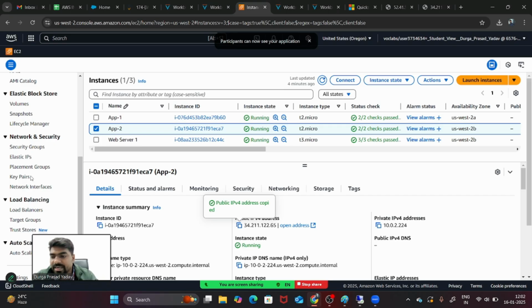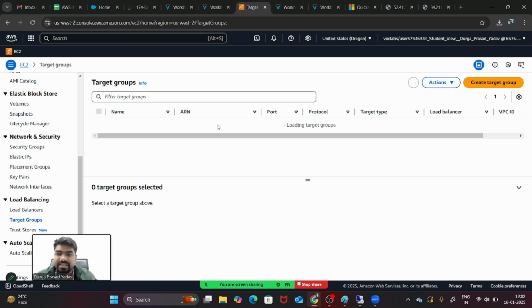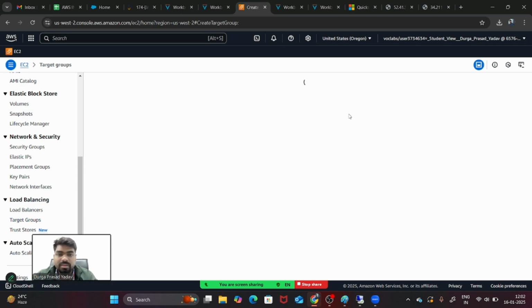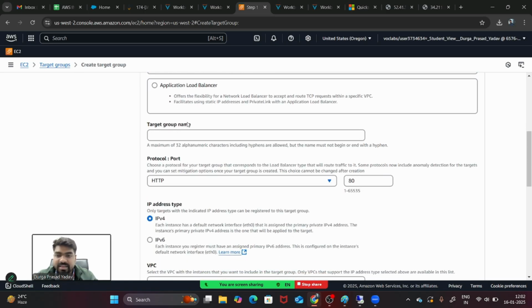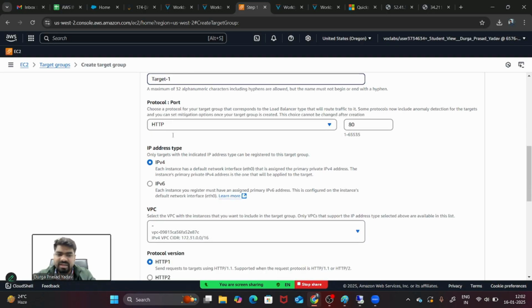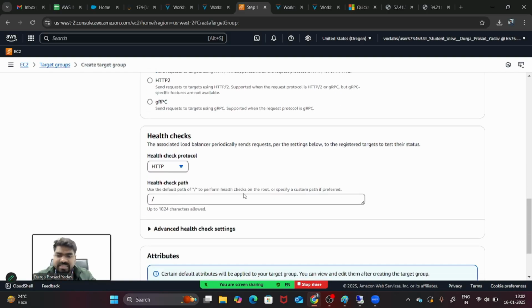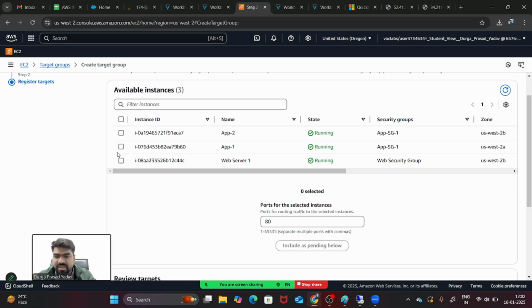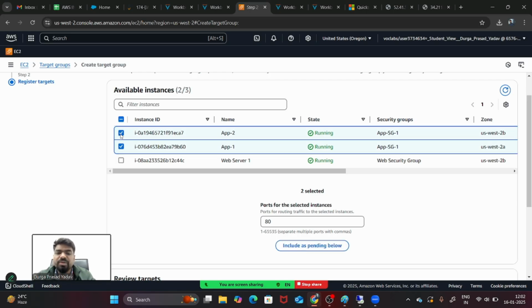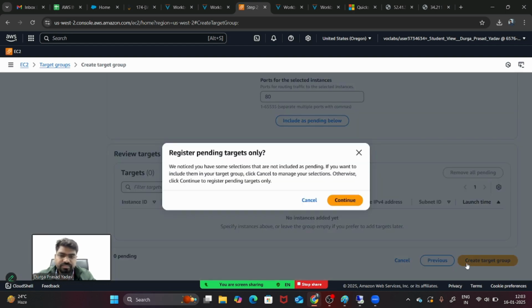What you can do is directly create a target group of both of the machines, because we have already created the machines and the servers are ready. You can select the instances here, and here you can give the target group name. Let's say target one. We can give a name, HTTP same. Here for VPC you can select lab VPC. Health check is not there, we will move to the next. Here you can see your machines app1 and app2 you want to keep in your target group, and you can just create the target group.